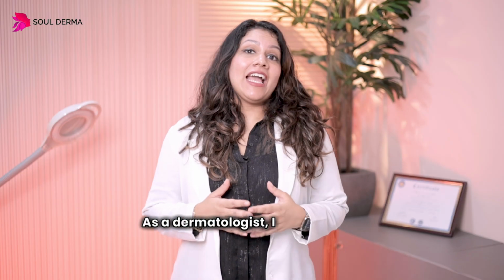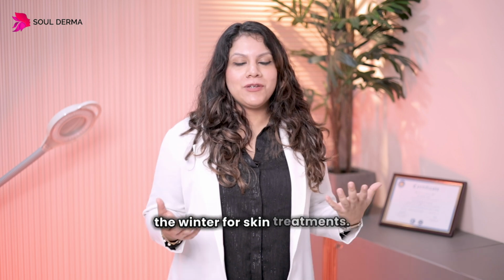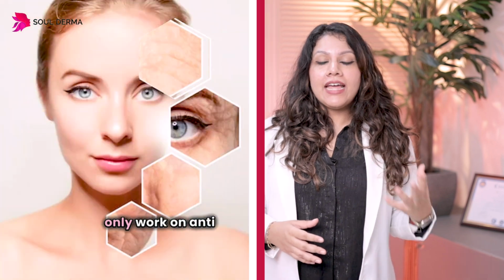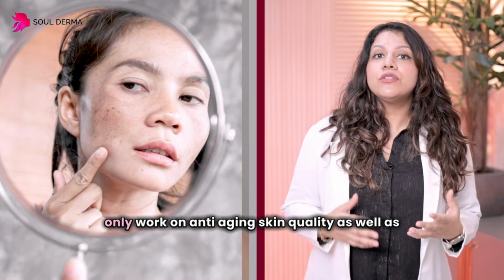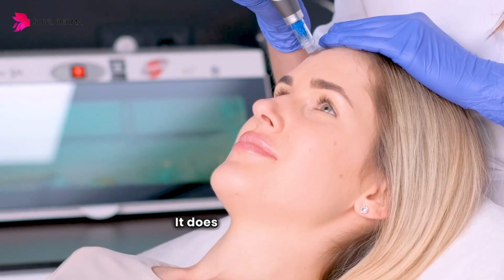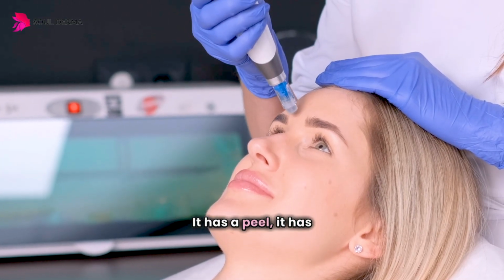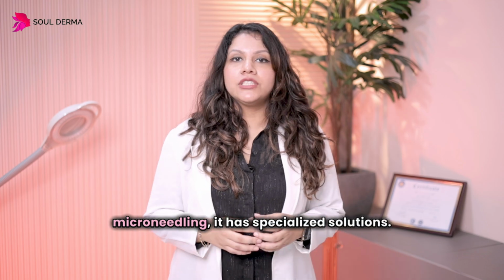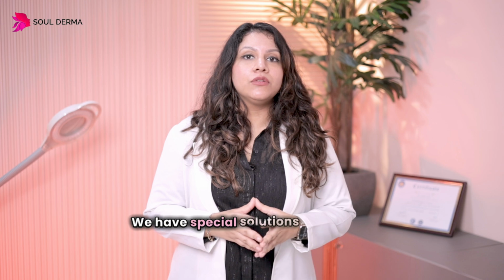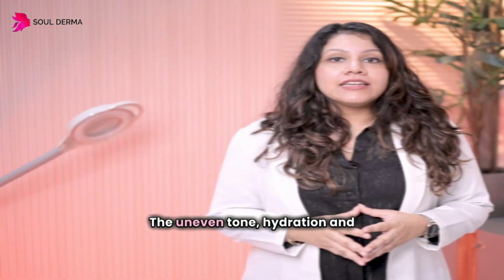As a dermatologist, I actually love the winter for skin treatments. If you want to think about treatments that will not only work on anti-aging, skin quality, as well as reversal of that sun damage, Dermapen 4 is great. It does everything. It has a peel, it has microneedling, it has specialized solutions. Mirapeel, again, great. We have microneedling, we have special solutions to work on the uneven tone, hydration, and something even